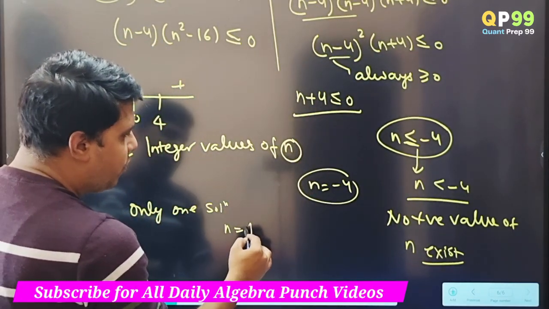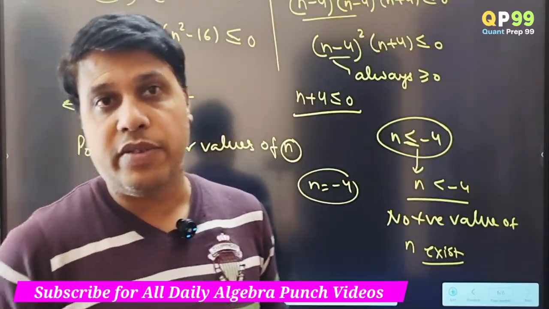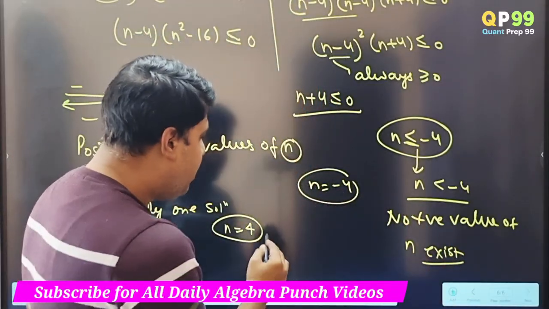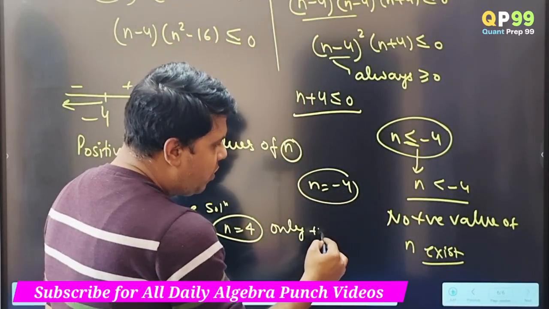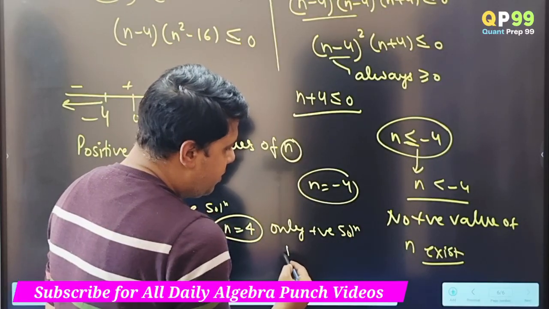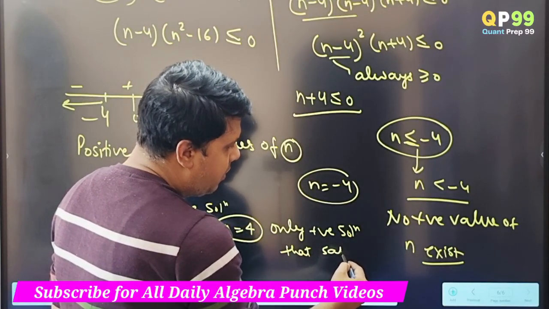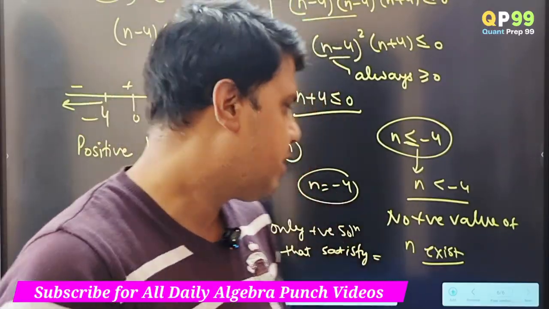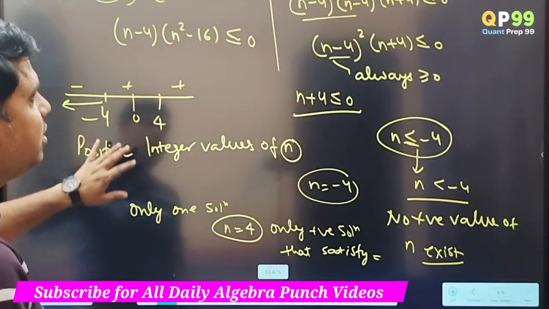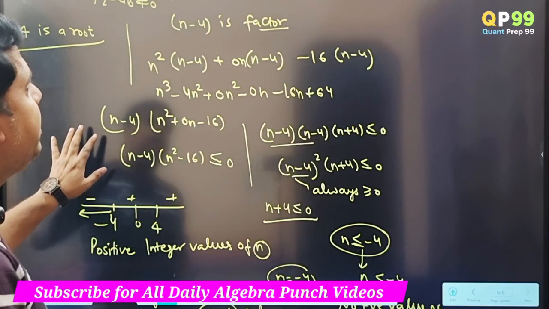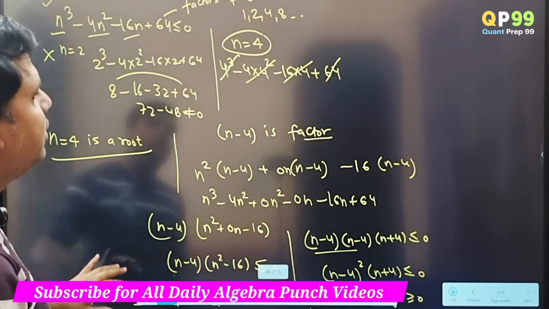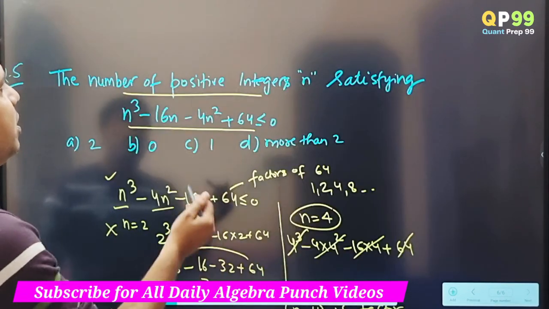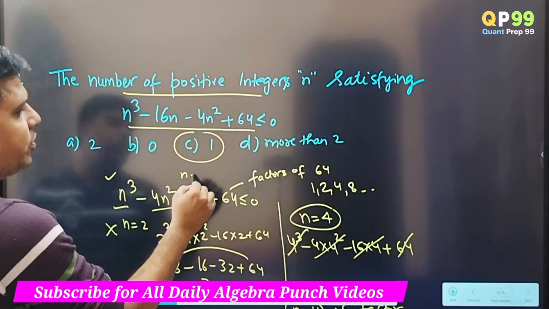So n equals to 4 is the only positive solution that satisfies इक्वलिटी, राइट। तो ये इक्वलिटी को सेटिस्फाई कर देगा, राइट। सो n इक्वल्स टू 4 इसका राइट आंसर बनेगा। सो वी हैव हाउ मेनी इंटीजर वैल्यूज डू वी हैव? दैट इज ओनली 1, राइट। तो ऑप्शन नंबर सी इसमें राइट आंसर है, दैट इज n इक्वल्स टू 4, दैट्स इट।